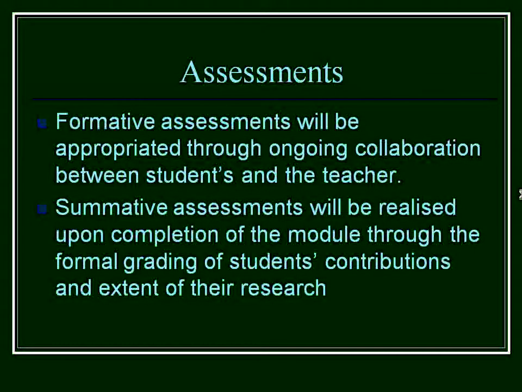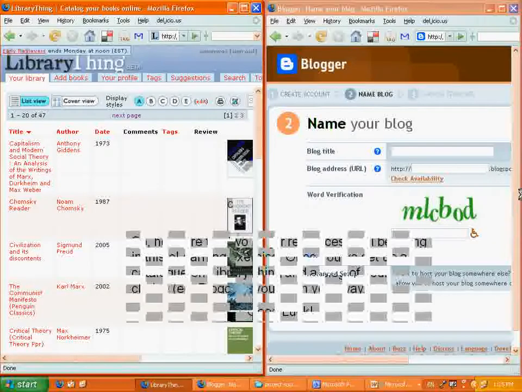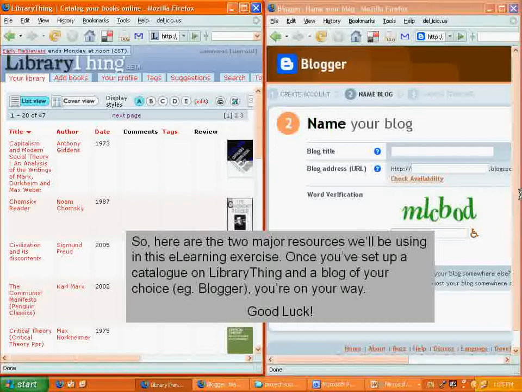Assessments are carried out in 2 ways. Formative assessments will be facilitated through ongoing collaboration between students and the teacher. Summative assessments will be realized upon completion of the module through the formal grading of students' contributions and the overall extent of their research. So to summarize the basic essentials for this e-learning exercise, here are the 2 major resources